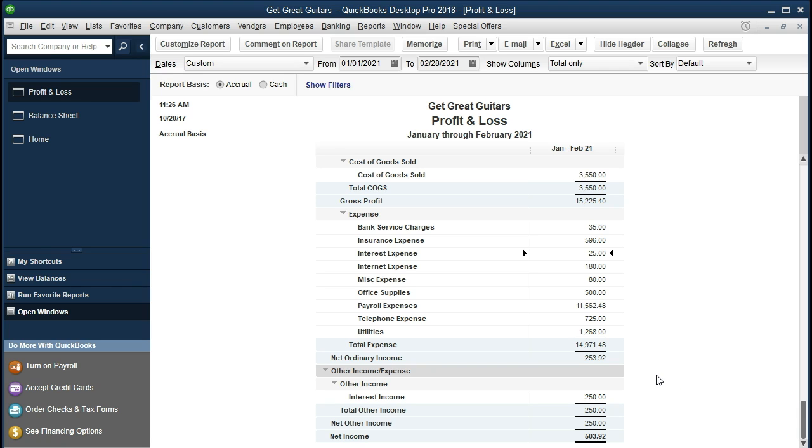What we're going to do next time is we're actually going to reverse this entry as of the first day of the next month. And this is only going to happen for some of the adjusting journal entries, not all of them. And the reason we're going to do this for some entries is process reasoning, meaning if we're doing the adjusting entries as of the end of the month and we have that separate process than the data entry, which is often done by a whole different department, then often it's easier for us to do some of the data entry on more of a cash basis or more of a different system